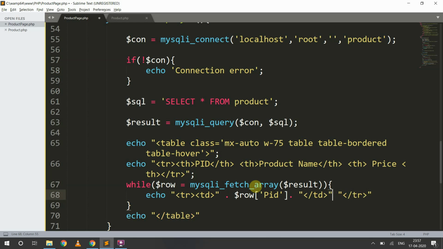Similarly, here we need another td cell.